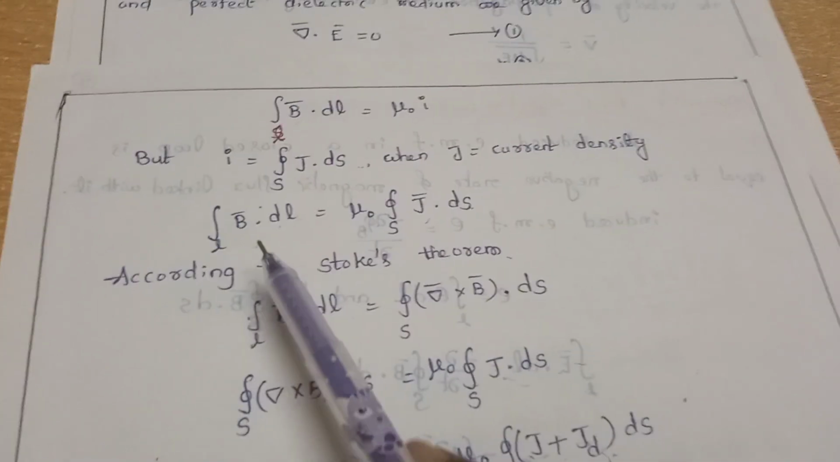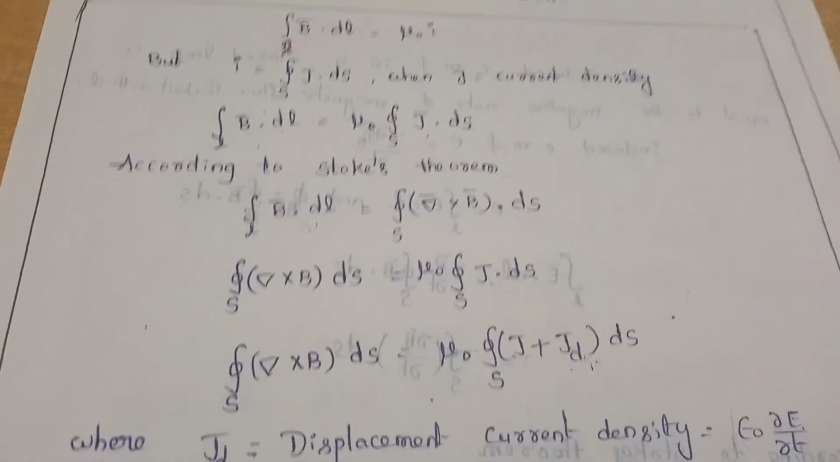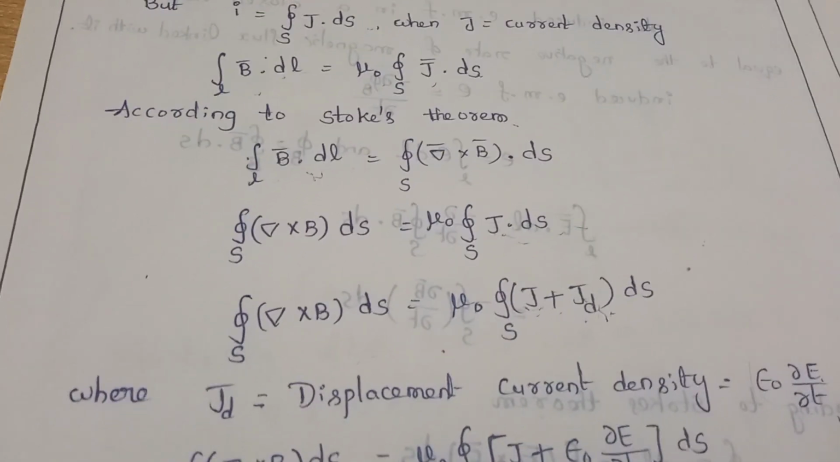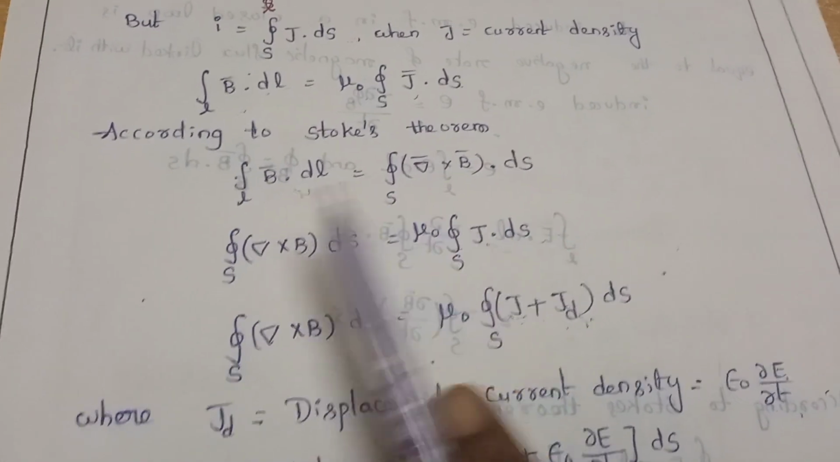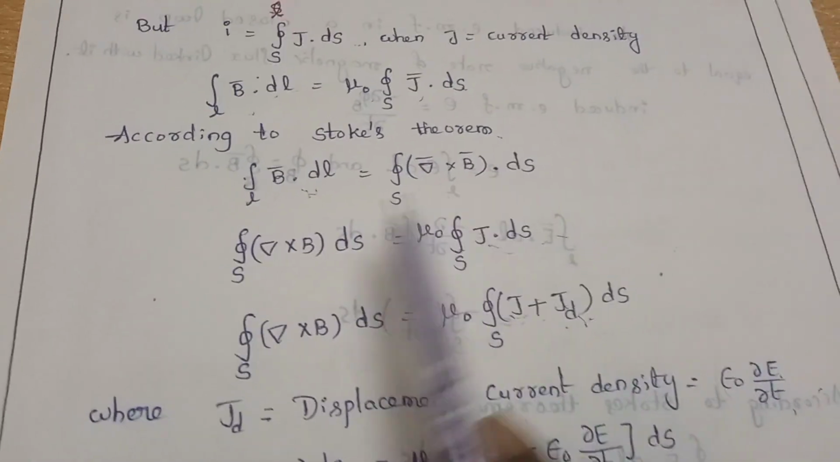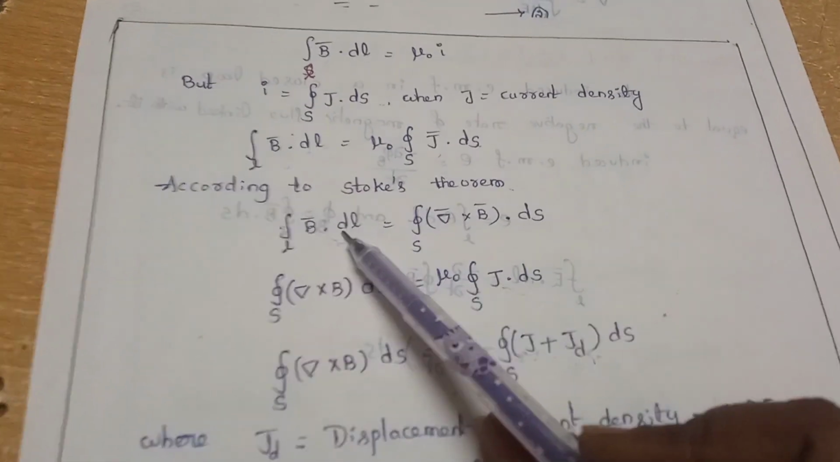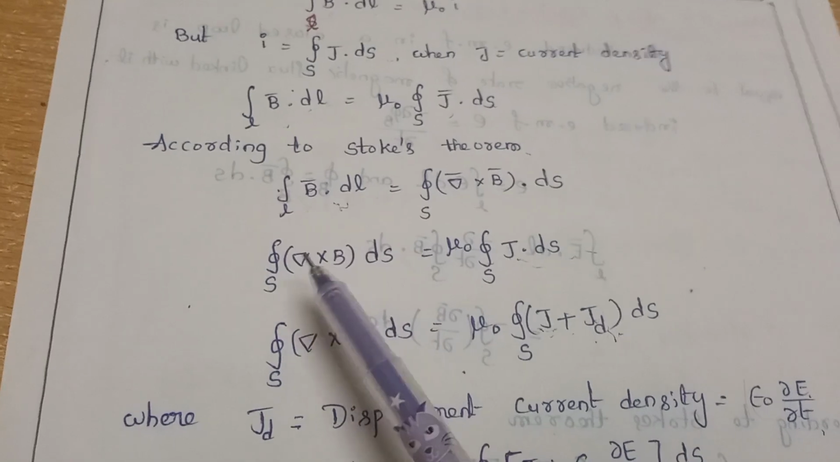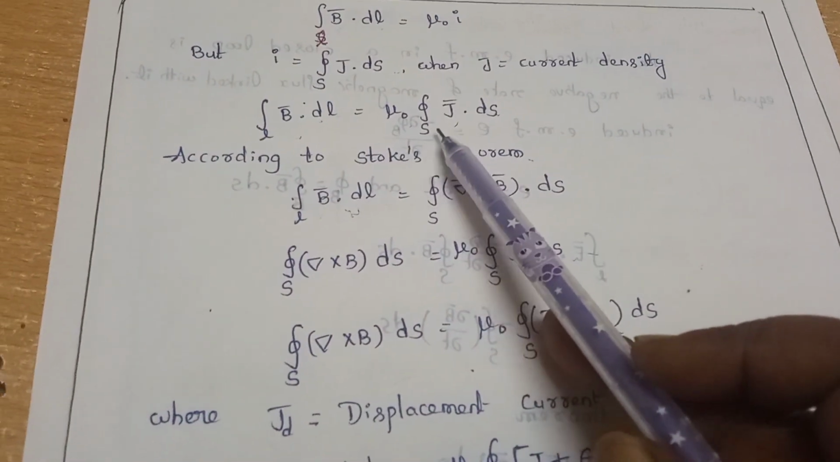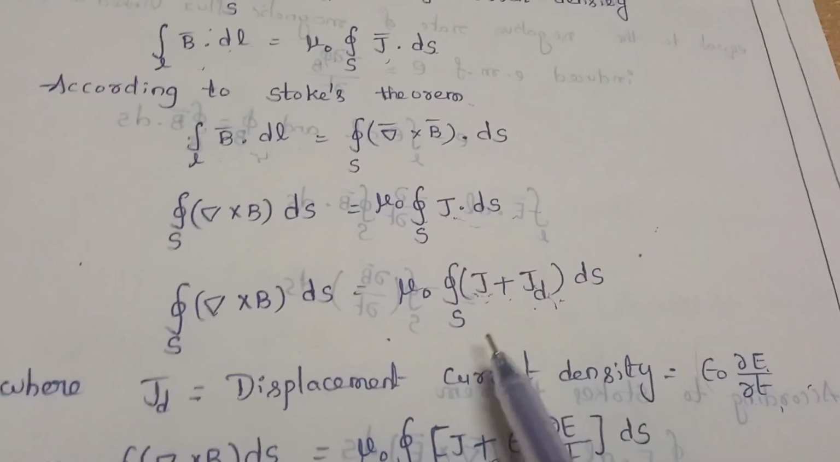Here, for the line integral, we can use the Stokes theorem. We know that the line integral of a vector is equal to the surface integral of the curl of the vector. So B dot dl is equal to the surface integral of del cross B ds. In the place of B dot dl in the earlier equation we can substitute del cross B ds. So del cross B ds is equal to mu naught J dot ds, which can be written with J